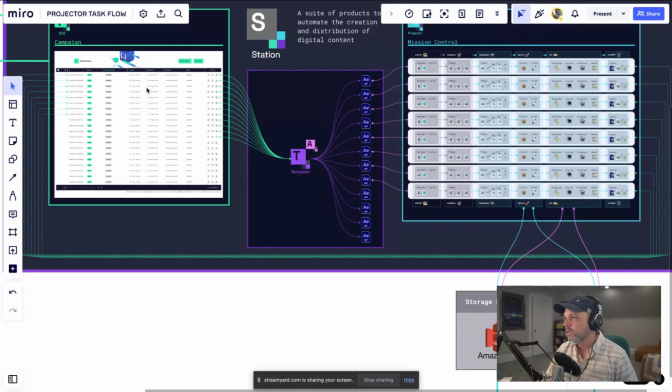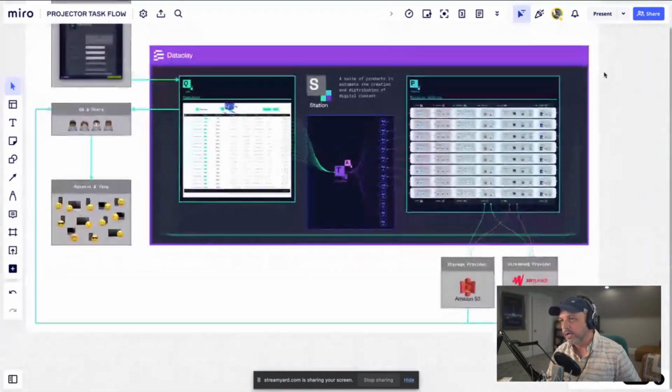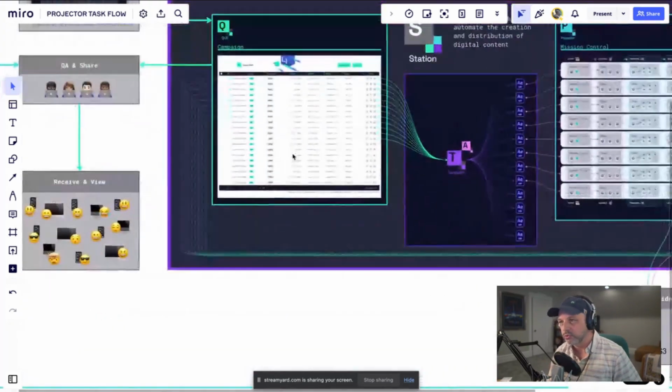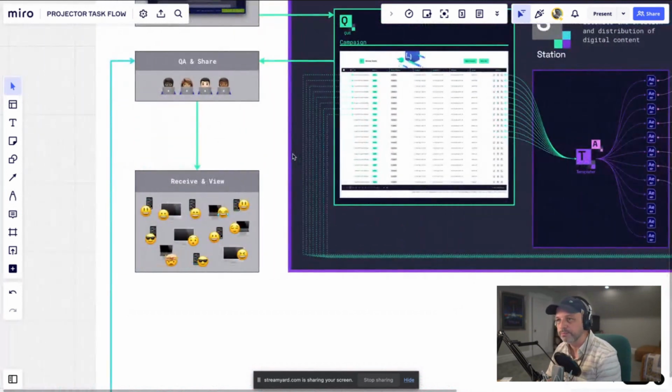personalized communication. So if we look at after the logging happens and it's all written back, then Projector does some cleanup work, because there's a lot of transcoding and a lot of stuff that's happening in terms of the file system. So once all of that metadata is inside of QUE, QUE users can then QA. They can quality assure the content, make sure that it looks good, that it's actually shareable, because with this kind of stuff, you want to make sure that there is some kind of QA step.